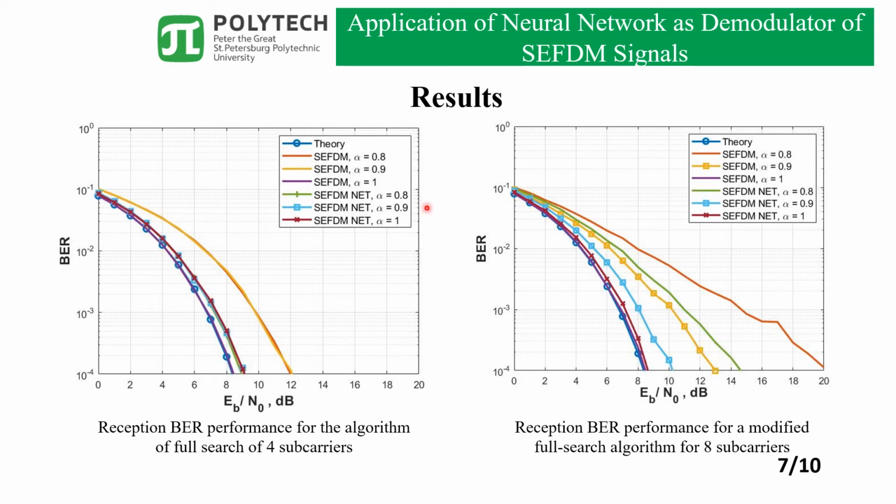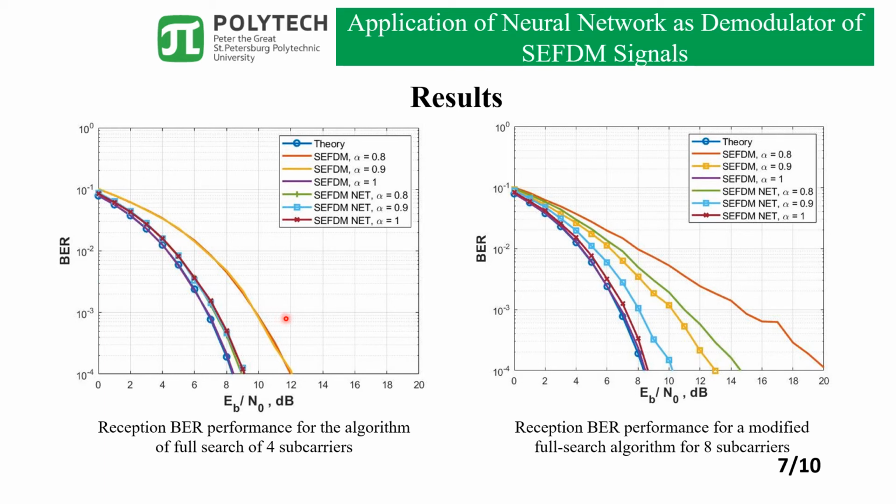On the left corner, we can see the result of reception bit error rate performance for the algorithm of full search of 4 subcarriers. The energy gain at alpha 0.8 and 0.9 was 3 decibels in terms of probability of error 10 to the minus 3 relative to the